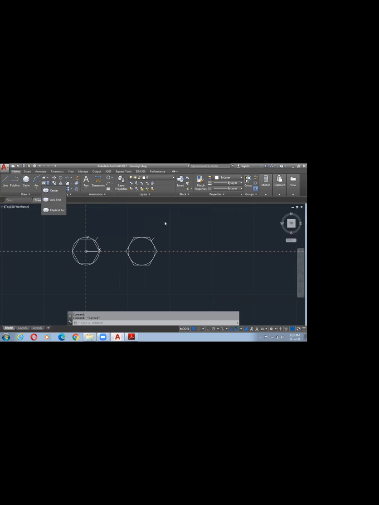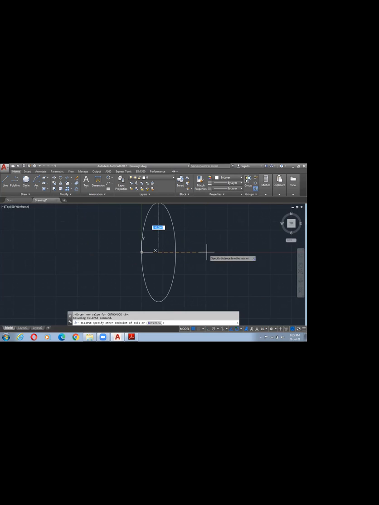Ellipse. For the ellipse, the shortcut is EL. I am deleting all of these. Control A, Delete. EL, Enter. For this, we need to give 2 radii. There will be 2 types of radius. Select the first point as the reference center and select the first radius. How much do you need? If you know it is 100 radius, enter.